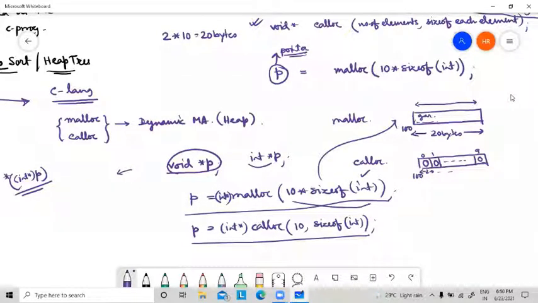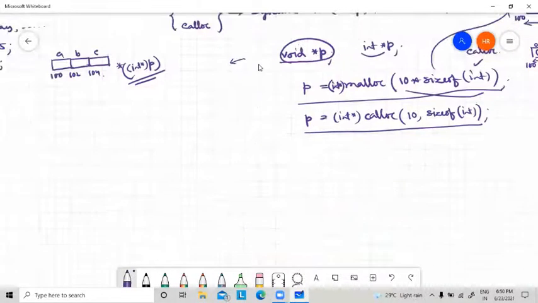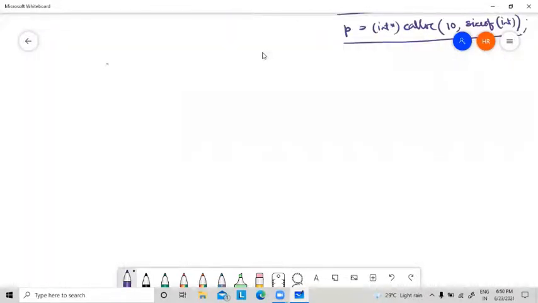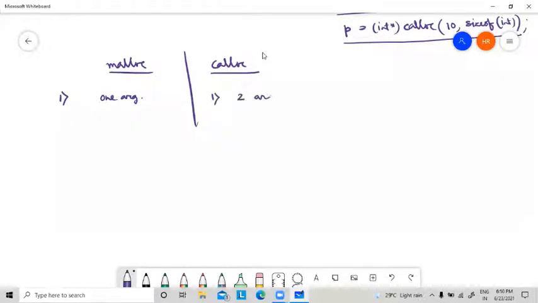So what are the differences between malloc and calloc? The first difference is malloc has one argument, calloc has two arguments. Correct? Malloc allocates memory as a whole.